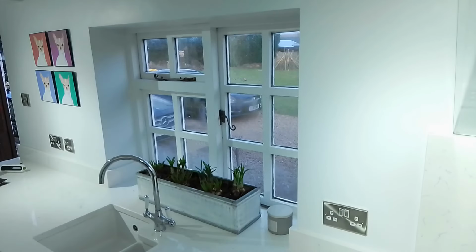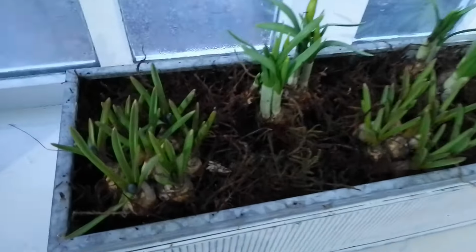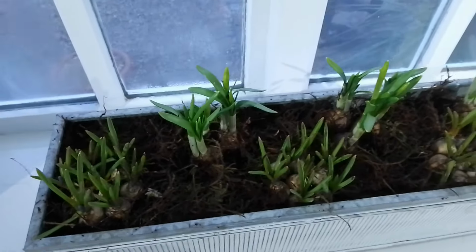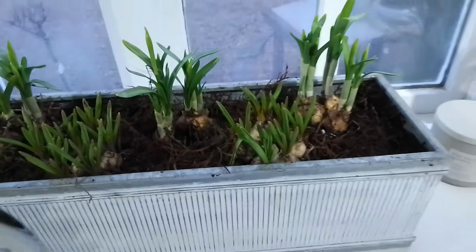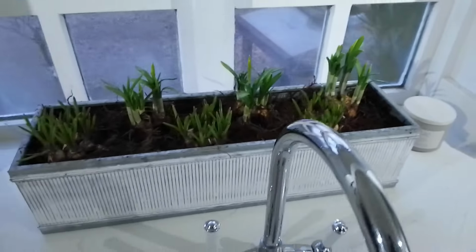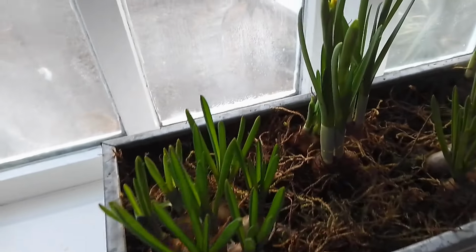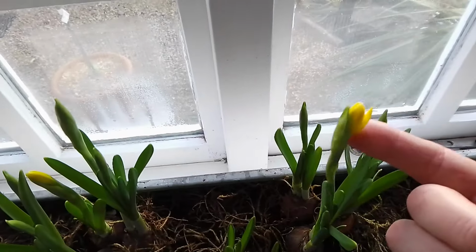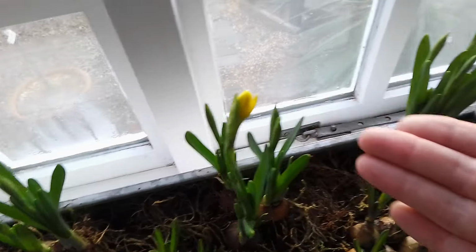So it doesn't look much at the moment, but you wait a moment, because that's day one of these being planted, and in a moment you're going to see a succession of footage from several consecutive days, and you will see just how quickly these little bulbs have rewarded me. And I'm going to play some music whilst you watch this footage. I'm not going to ramble on, so please sit back, relax, and enjoy my window ledge planter as it emerges,